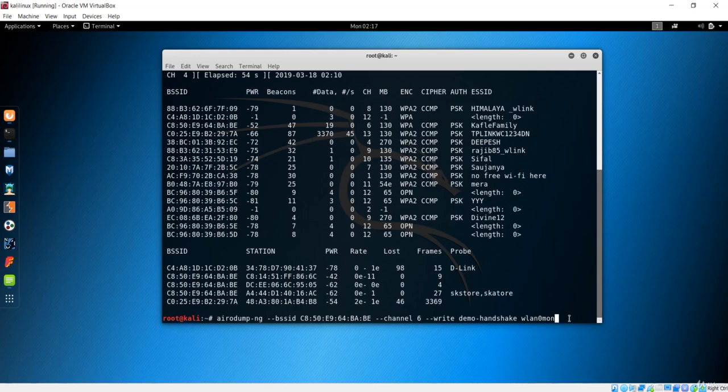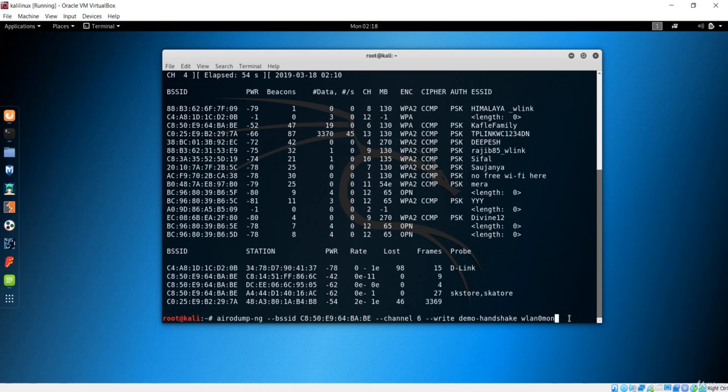So at least there should be one client connected to the network, because if the network is empty, that means we don't have any handshake. If this process has to work, there should be at least one client connected to that network. After it's connected, maybe a time comes when that client disconnects from the network, and we'll send this handshake packet to give it a connection.